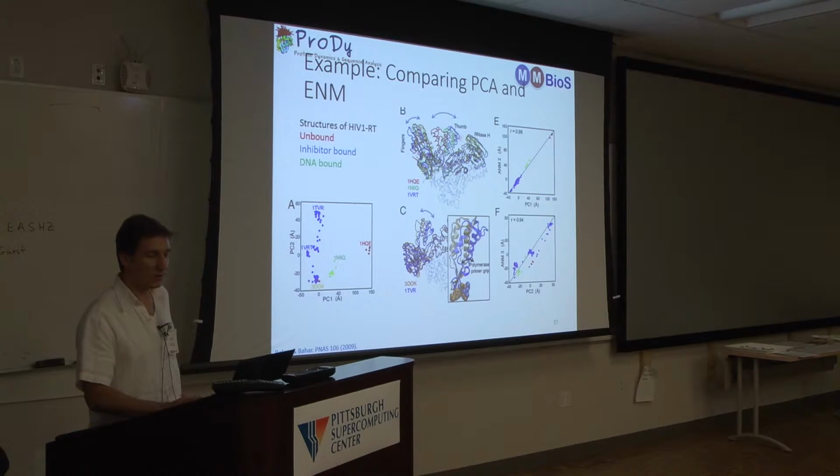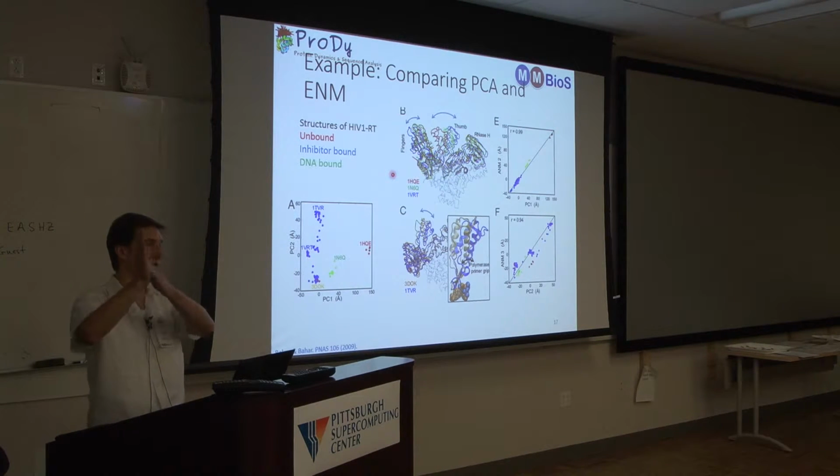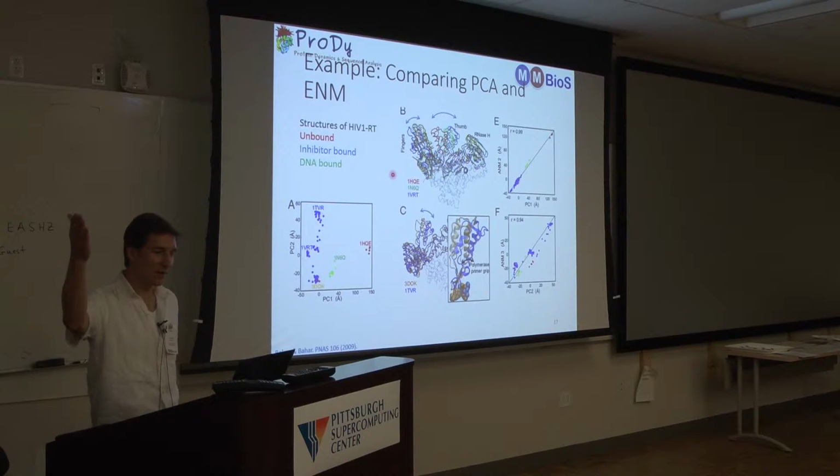And these are just showing what those motions are. So the reverse transcriptase is sort of a hand type of structure where it has a palm and fingers and a thumb. And the first mode is motions of the fingers and the thumb. And the second is the motion of the thumb. And what we can see is that the second mode of ANM agrees almost perfectly with the first principal component